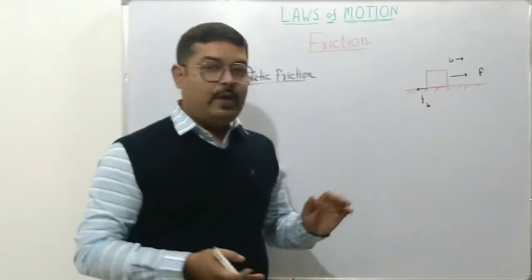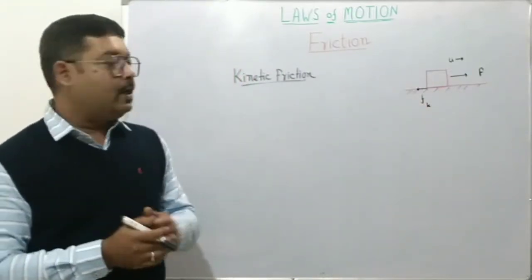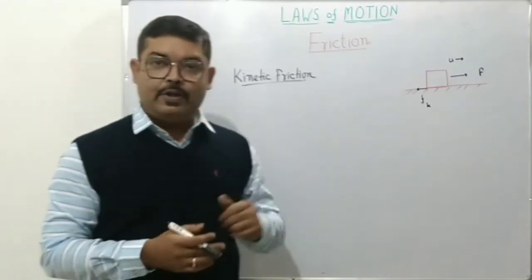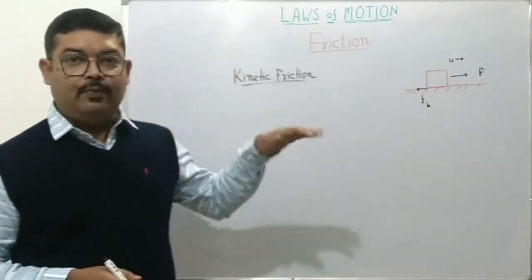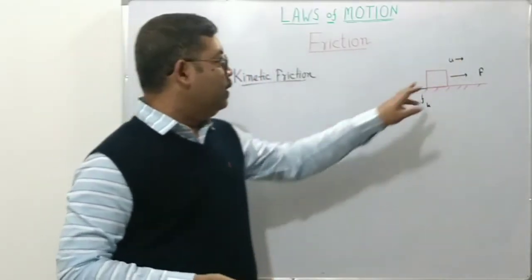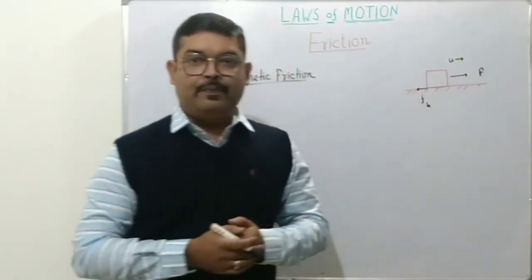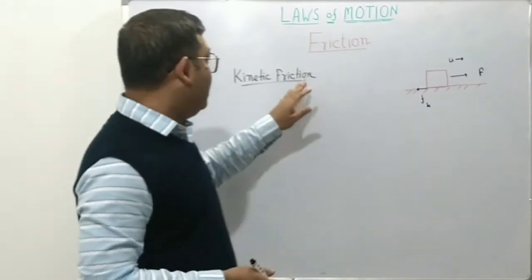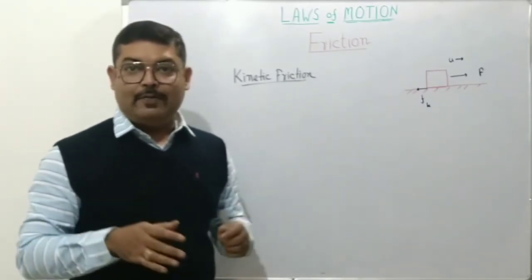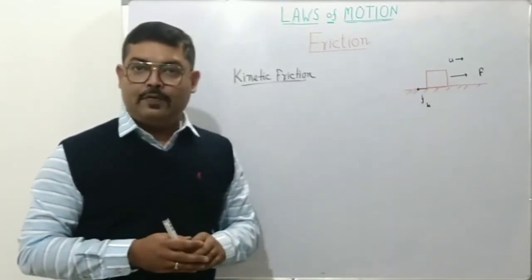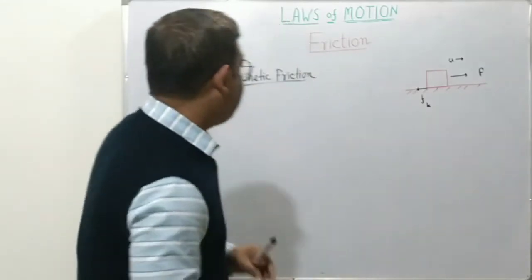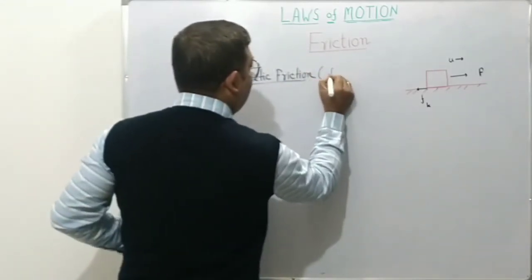Okay, now let's say we have overcome the limiting friction, that is, we have applied a force larger than the threshold force or the limiting frictional force. So the object will start moving. Let us say the object is moving with certain velocity due to the application of force F. Even then, there will be a friction. However, this friction will no longer be static friction because the object is now moving over the surface. So this friction will now be called kinetic friction and given by Fk.